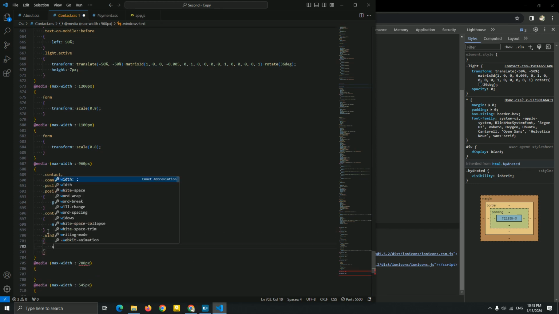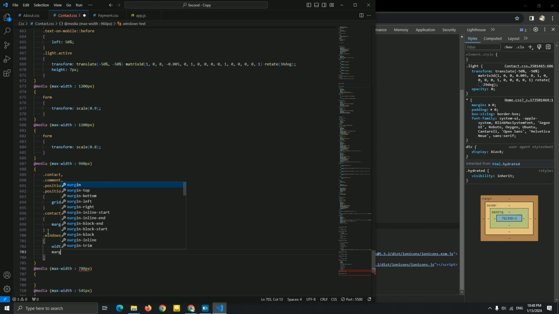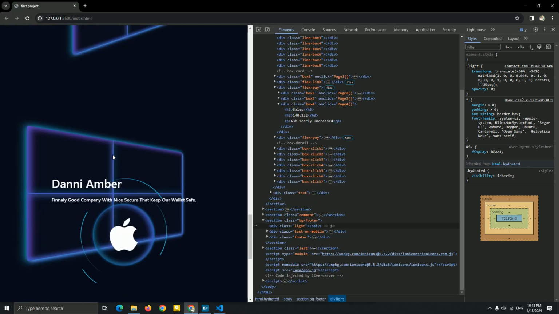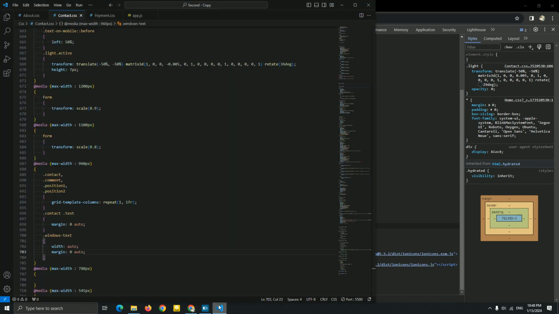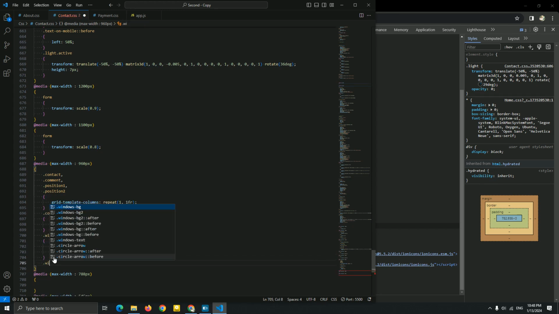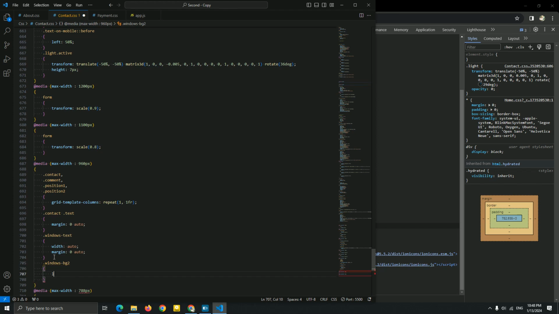For this, I'm gonna add the width 2 and the margin 0 right to become center. So you can see right now it's beautiful, and I'm just gonna change this position, guys, so don't worry about this. Next, I'm gonna add the Windows BG2, gonna add a left 60%.